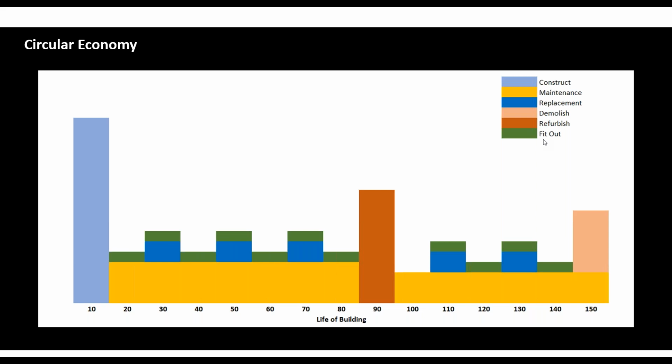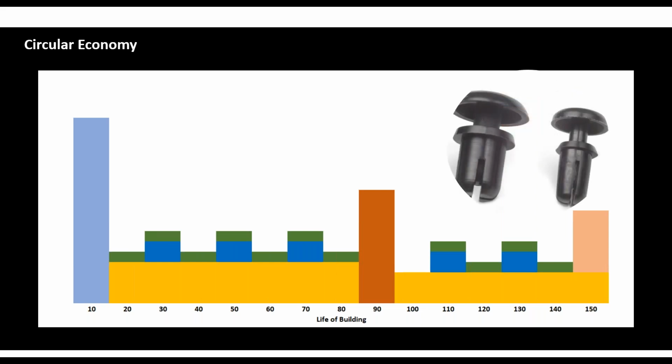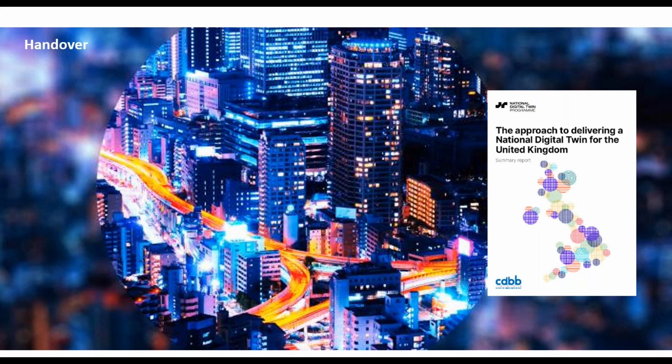Can we just click on the slide, please? So for example, maybe we need to fix things differently because nails and screws that we've typically used for thousands of years are not necessarily the best way of fitting elements into buildings that then can be subsequently renewed or taken out and replaced over the long term. So circular economy is going to drive a lot of changes in that briefing process and then obviously into the design process. Next slide. And similarly, we're seeing digital twins becoming really important.